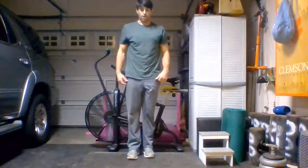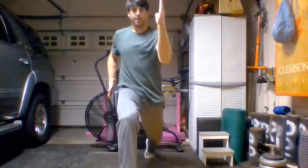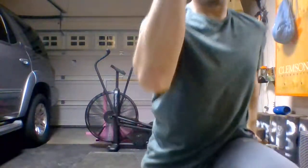So we're going to go good old-fashioned lunge. Let's add some skill work where we're going to add arms here. Turn this way. So right there, opposite arm is up, like so. We're going to add a little plyo. You're going to come up and back down, up. So every step,